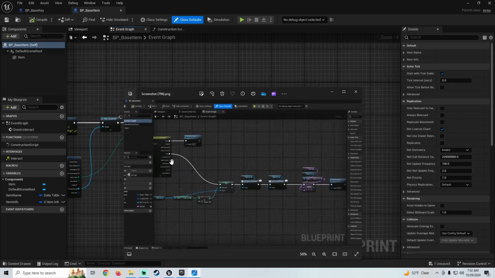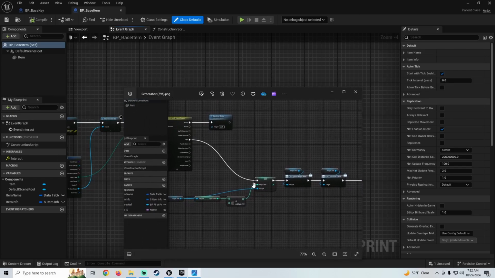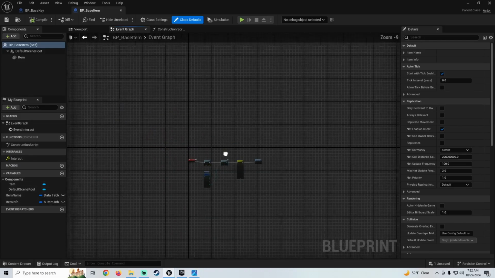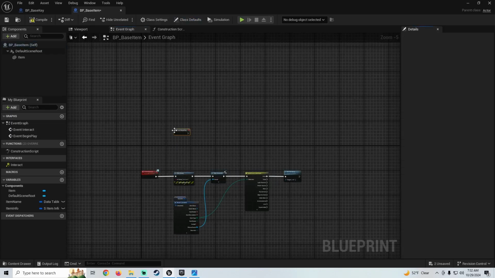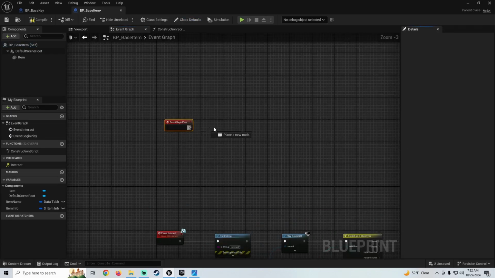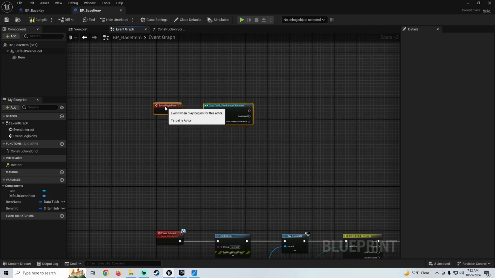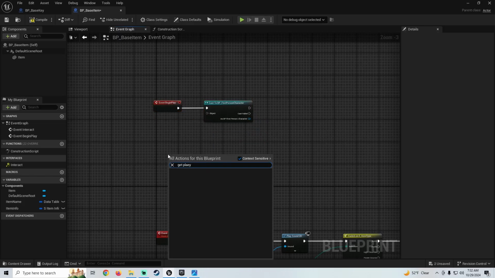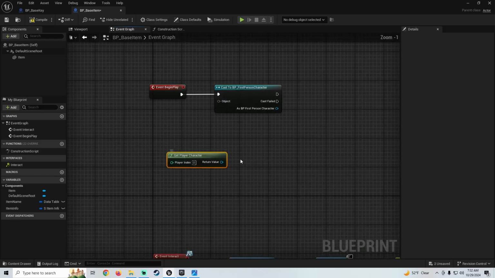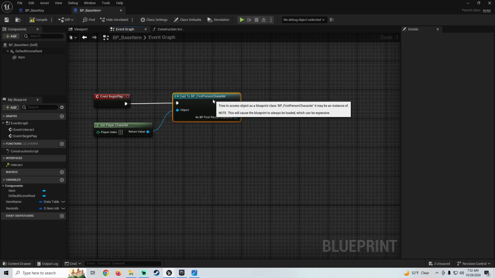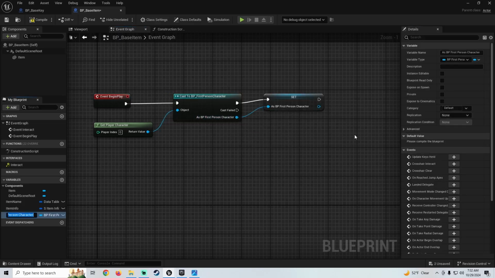First thing we want to do is when we interact with a key, we want to update the number of keys that we have, that we are holding. So we're going to grab, we need to add a begin play up here. And we're going to cast to first person, cast a BP first person character right here. And we're going to get player character. Hook this guy up. And I'm going to promote this to a variable called player ref,